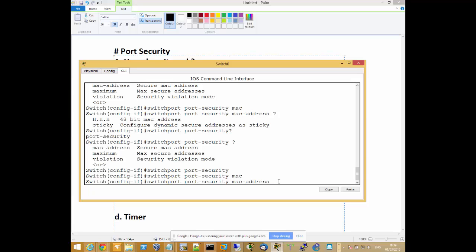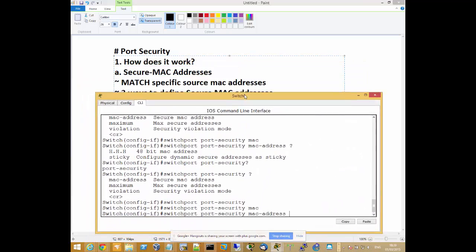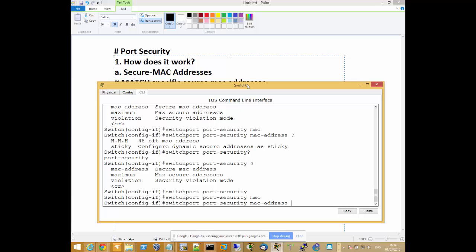If I say dynamically, the switch will learn the MAC addresses and store them in the secure MAC address table for the port, but it will not keep them. So if you restart the switch, it's all gone. But sticky will learn them and save them in the running config. And if you save the running config, it will save them in the startup config. So in other words, when you reboot,